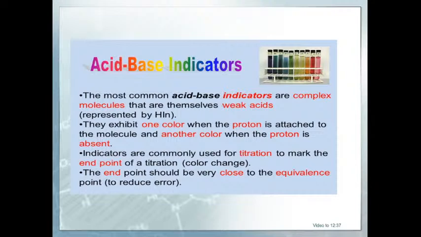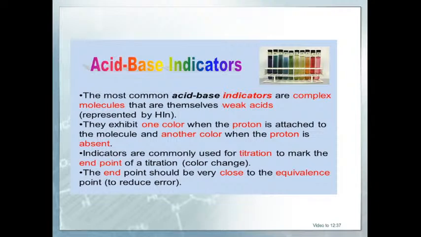Okay, so indicators are commonly used in titration to mark the end point of the titration for the complete neutralization reaction. We'll be studying that also. Sometime, if you remember, when I discussed the monoacidic base combined with the dibasic acid, in that case there will be no complete neutralization. So how will we identify how much quantity is required? In that case, we'll be using an indicator, and we'll keep on adding that acid with the help of the titration